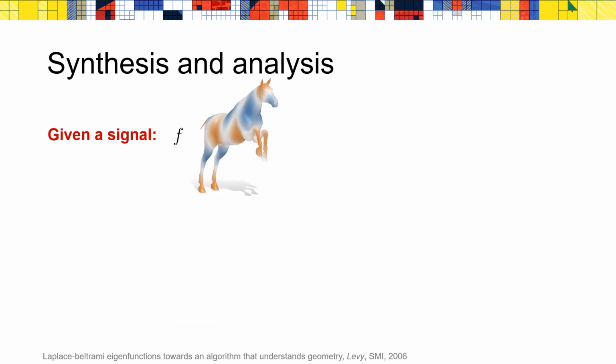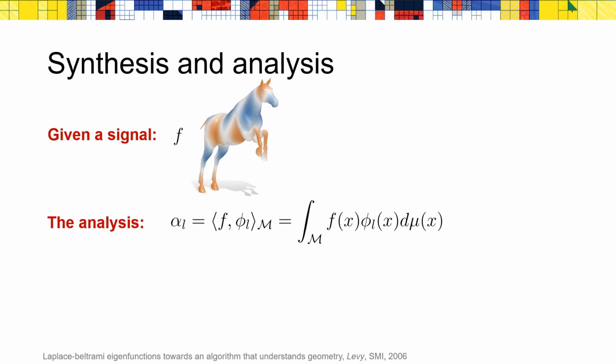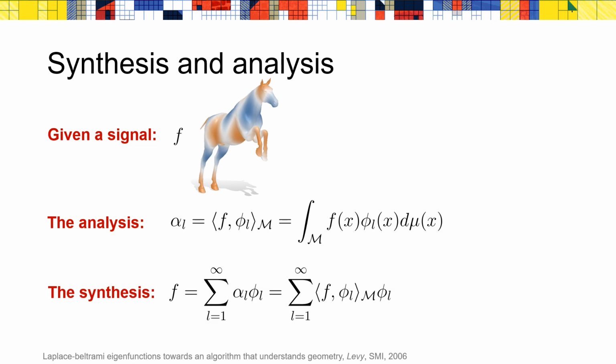So given a signal defined on the surface, we can, as we did for the 1D domain, estimate the coefficients for the Fourier representation of the signal as the inner product between the signal and the eigenfunctions of the Laplace-Beltrami operator, which are the Fourier basis on 3D shape. Then the reconstruction of the signal can be obtained as a linear combination of the Fourier basis using these coefficients. And again, for the continuous setting on smooth surface, the number of eigenfunctions is infinite,